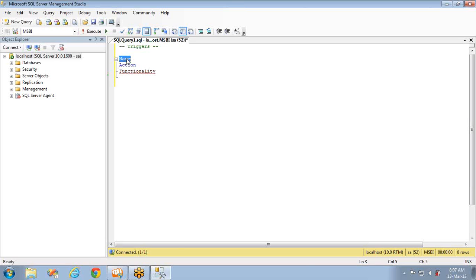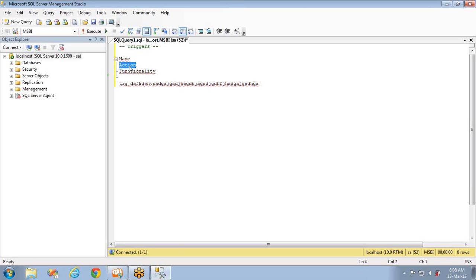The only thing you have to keep in mind is it accepts a max of 128 characters as part of the name. Let's say trigger underscore something blah blah blah. No special characters. The name of the trigger should be 128 characters max, or you can go for 10 characters or 5 characters. But the maximum size of a trigger name is 128 characters. And